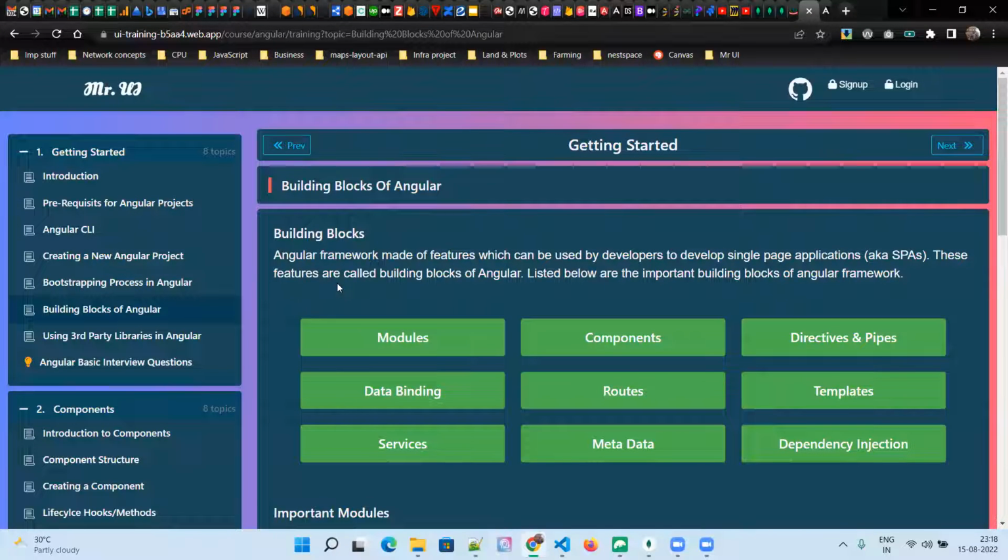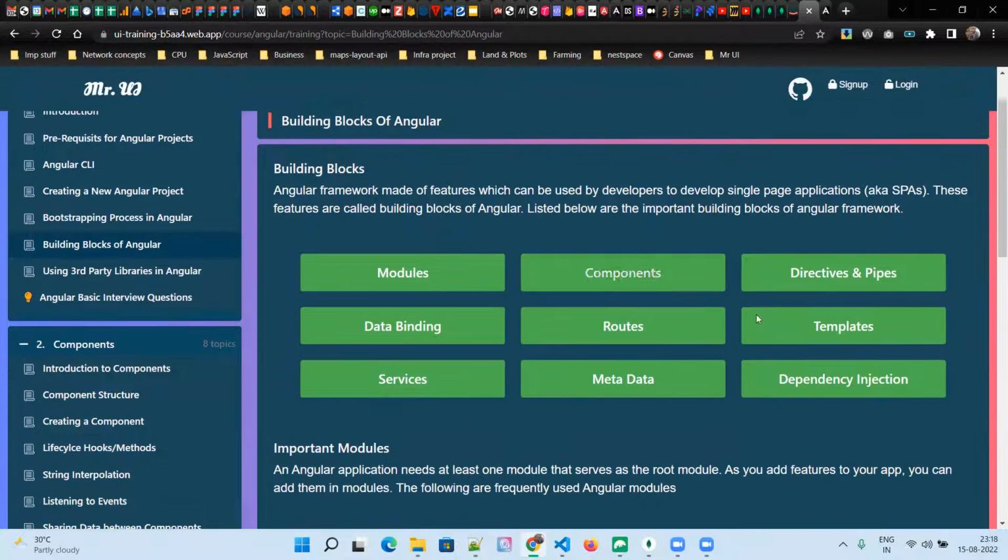So coming to our next topic, the basic building blocks of Angular, right? Just to imagine these building blocks, basically, how a building construction is done. A building construction is done using bricks, right? If there are no bricks, there is no other way you can construct a building. Or if there is no cement, or if there is no iron, we cannot construct a building,